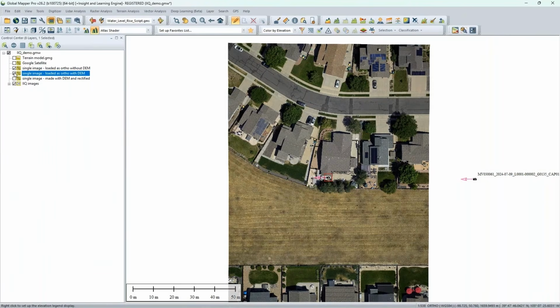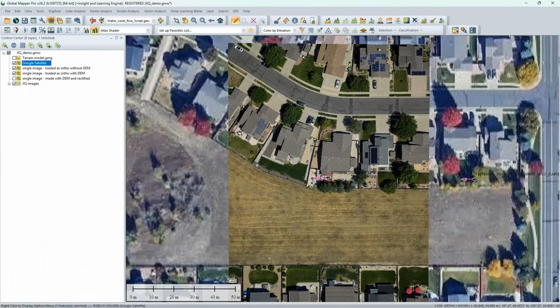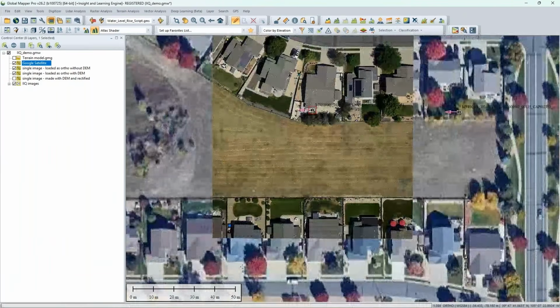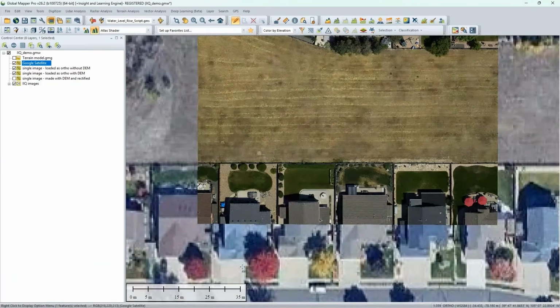Now, often though, there is still one more step to make sure the data aligns really well, and that is to rectify the image to another source. So you've got your other aerial image or ortho image here, and you'll want to choose some control points to properly align the image. So we can see things are close, but not quite where we want them to be